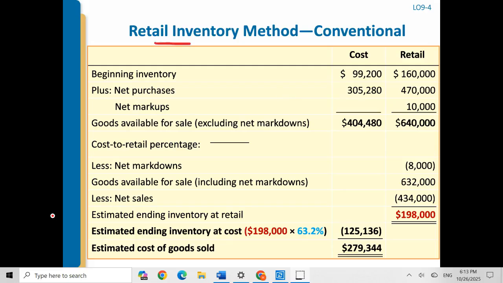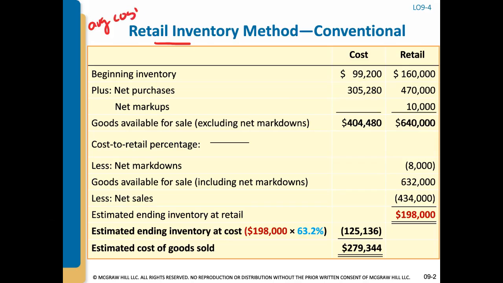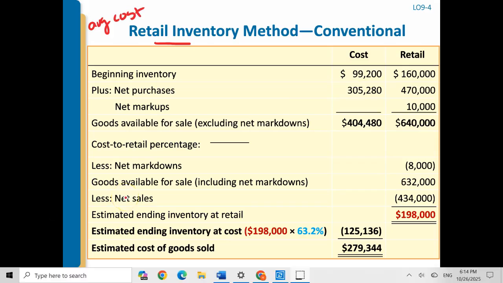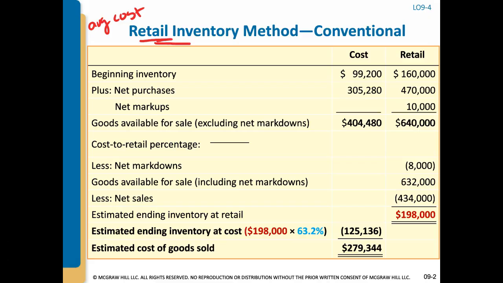The average cost retail method calculates the cost to retail percentage based on the weighted average of the cost and retail amounts for all the goods that are available for sale. If you recall from videos earlier in this chapter, companies using the retail inventory method, which is what we're talking about, report the inventory on their balance sheet at the lower of cost or market,